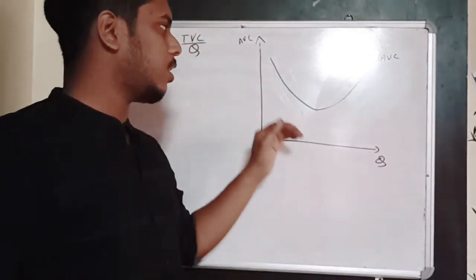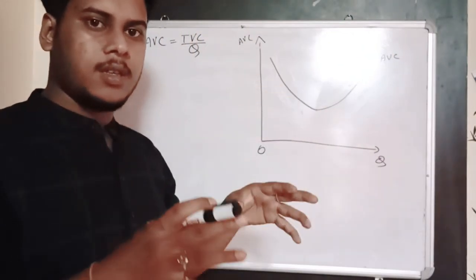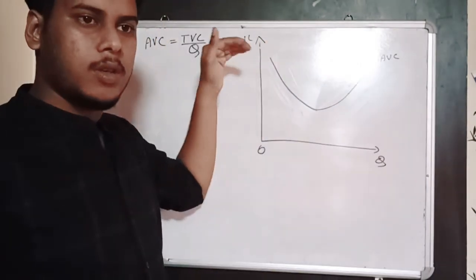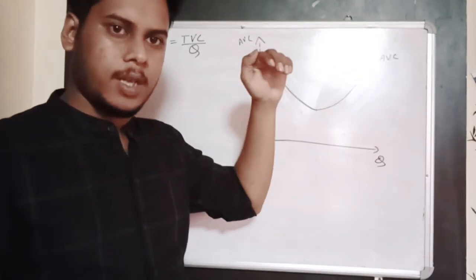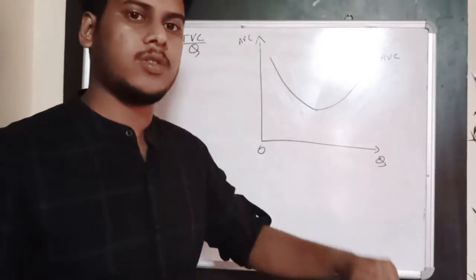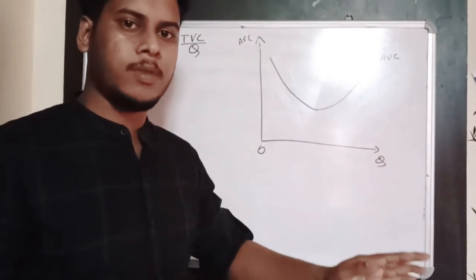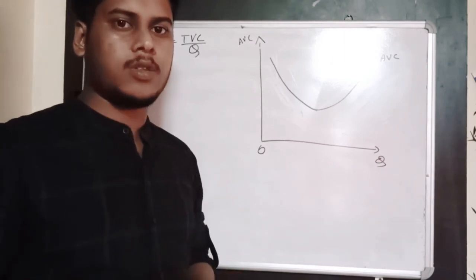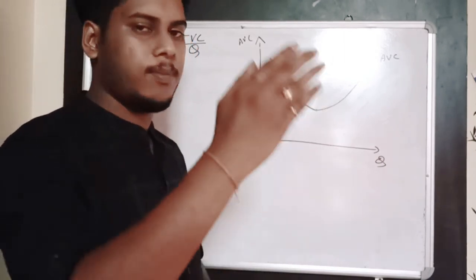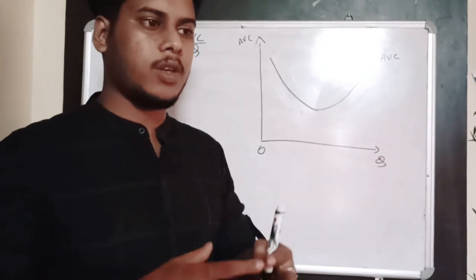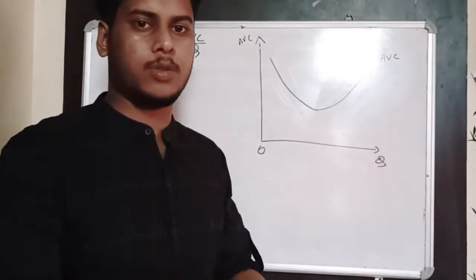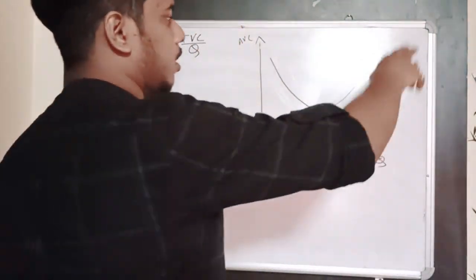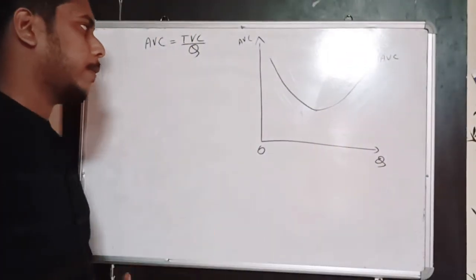Okay, so initially everything is fresh, the labor mass is small, they are not forming any labor union, you are able to produce your output, and your cost of production is going down. It reaches a minimum, and then your cost of production starts going up because of the forming of labor unions, depreciation of machineries, and so on. So for this reason AVC is U-shaped.